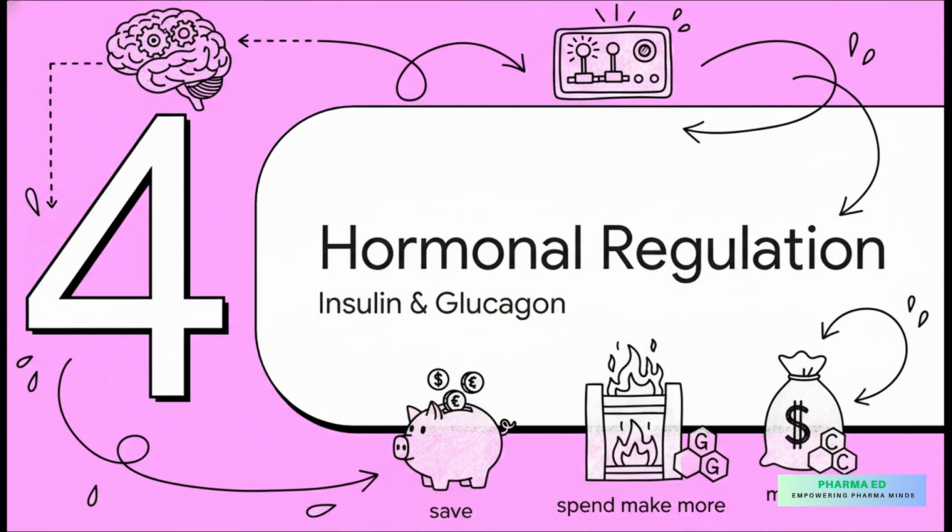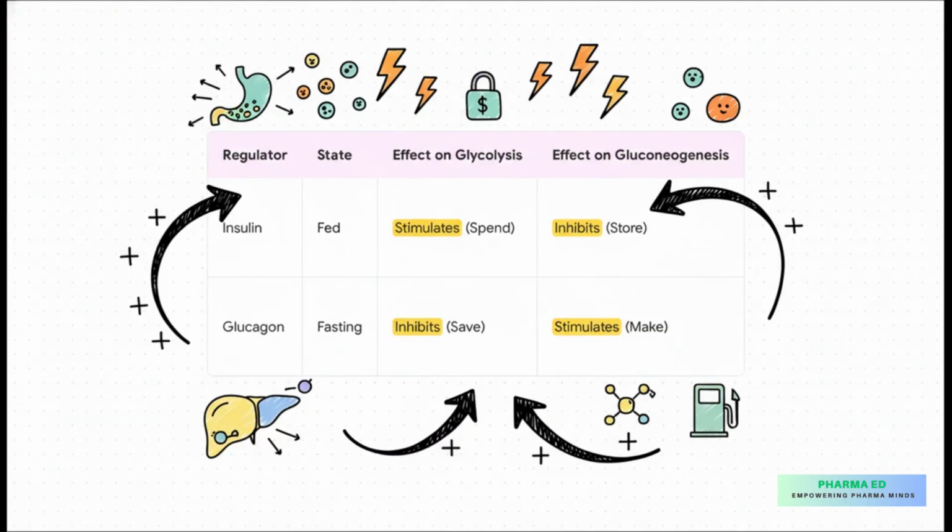Think of hormones like insulin and glucagon as the RBI governors of our body's economy. They are the ones giving the master commands that control the flow of energy for the entire system. This table is everything. It's so important. Just think,